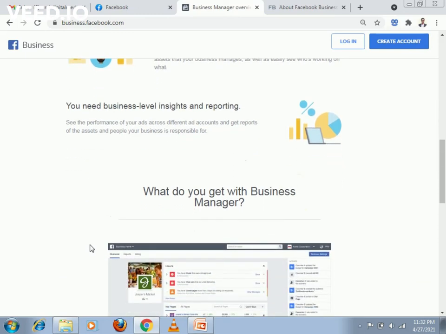Then if you need business level insights and reporting when you are running advertisements on Facebook, and you want to see what results the advertisement is creating, then Business Manager will help you understand those things.